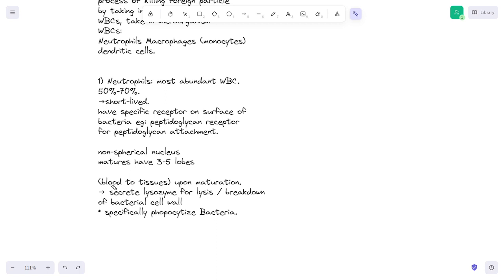These neutrophils secrete an enzyme called lysozyme for the lysis or the breakdown of the bacterial cell wall. जब ये lysozyme enzyme को secrete करते हैं तो they break down the wall of the bacteria. They break down the bacterial wall, and they specifically phagocytize bacteria, meaning neutrophils work specifically on the bacteria. They phagocytize means